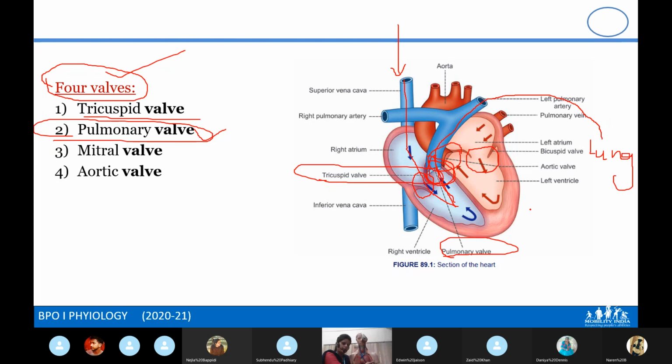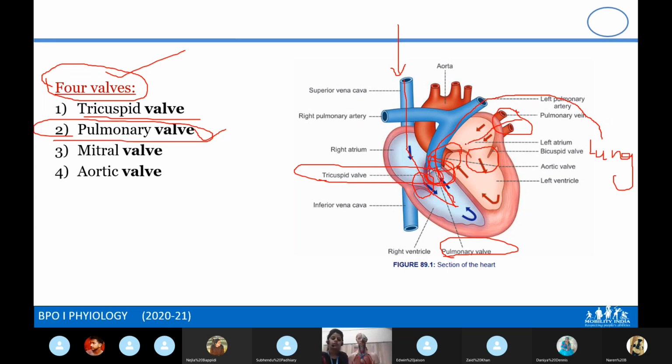Then from there, via pulmonary vein, see this picture. Okay, via pulmonary veins, the blood comes to left side of heart. That is to left atrium. Okay, the blood comes here. From the lungs, it comes back to the atrium. Now, again the same procedure.